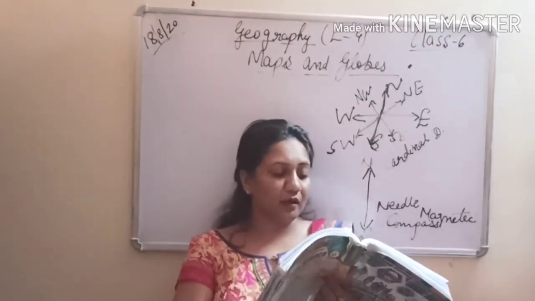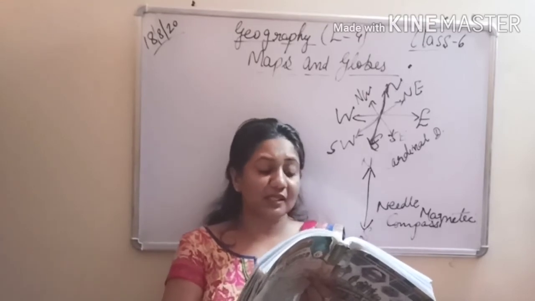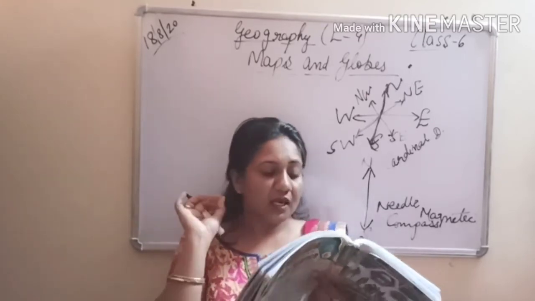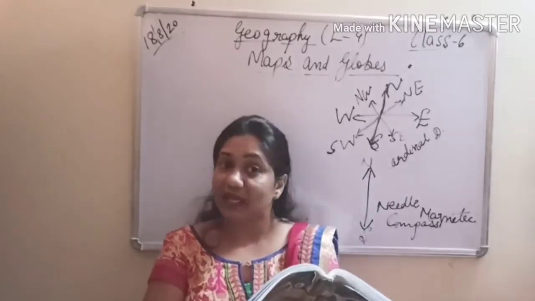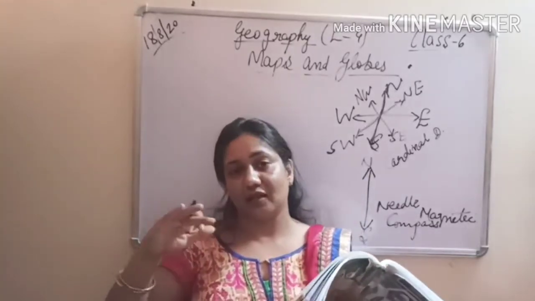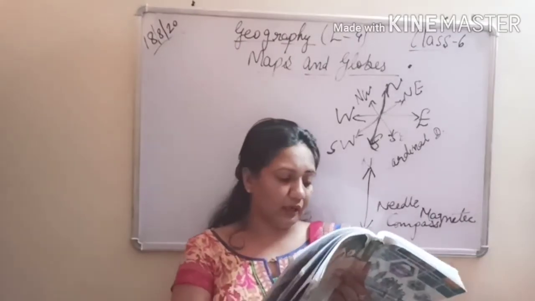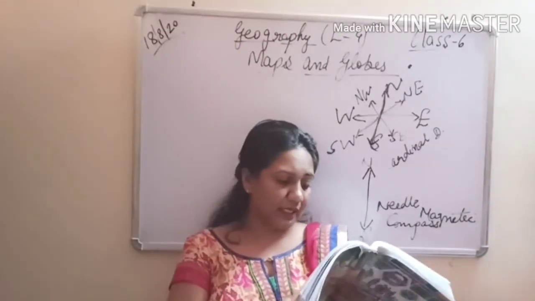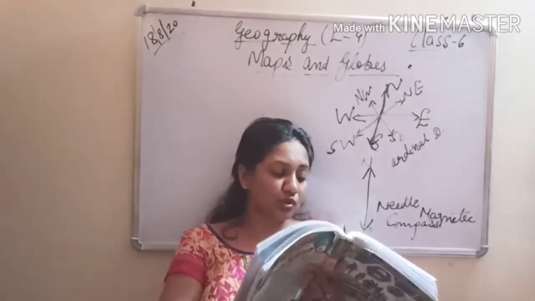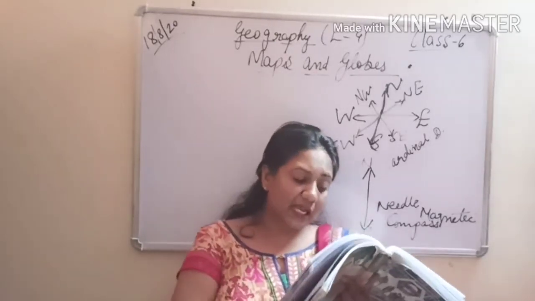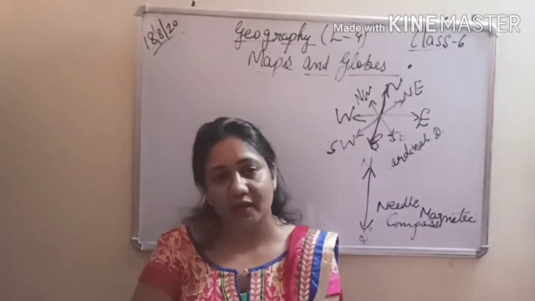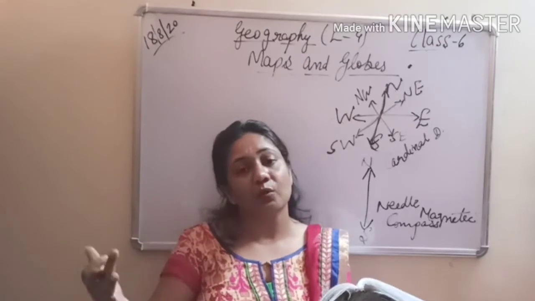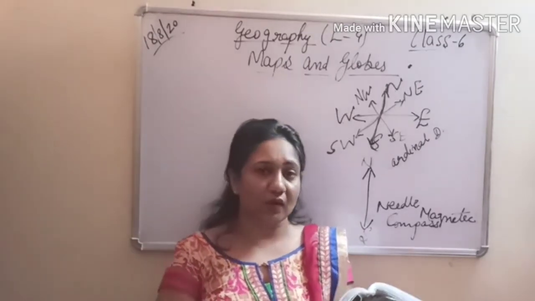They mutually agreed upon the common use of signs, symbols and colors for the maps. For example, throughout the world, please underline, green color is used to show plains, that is where the trees are, where the crops are grown. And blue color represents oceans and seas, the water bodies, please underline. Similarly, brown color is used to show the mountains, underline, and yellow is used to show the plateaus. So there are various colors to represent the plateaus, mountains, seas, oceans, all these things.